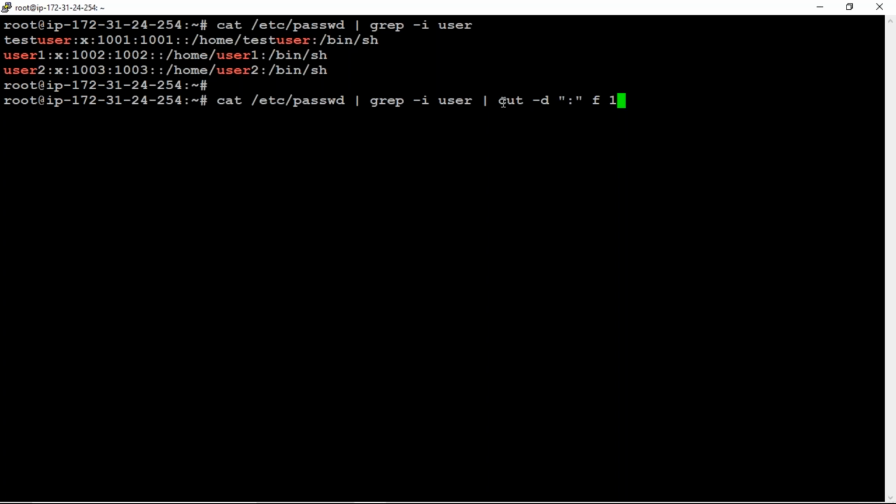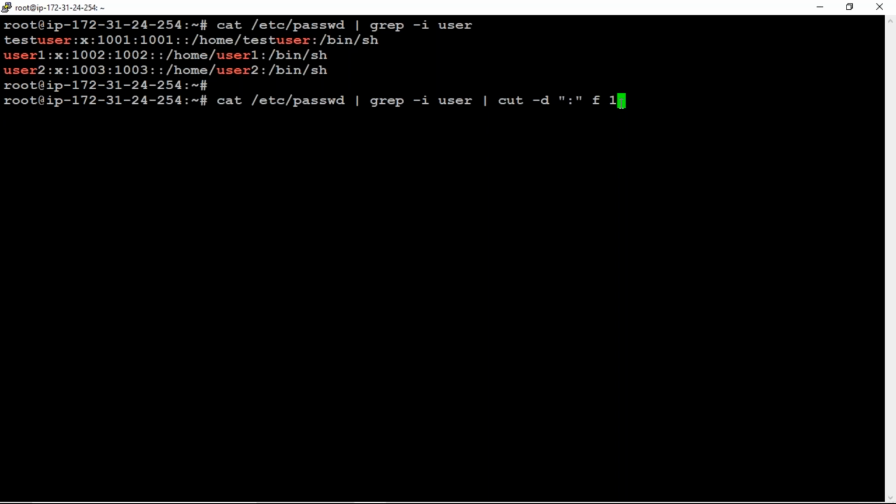Here cut -d means delimiter, so I'm ignoring the colon symbol here. I just wanted to print only the first field, that is why I'm taking it like this.